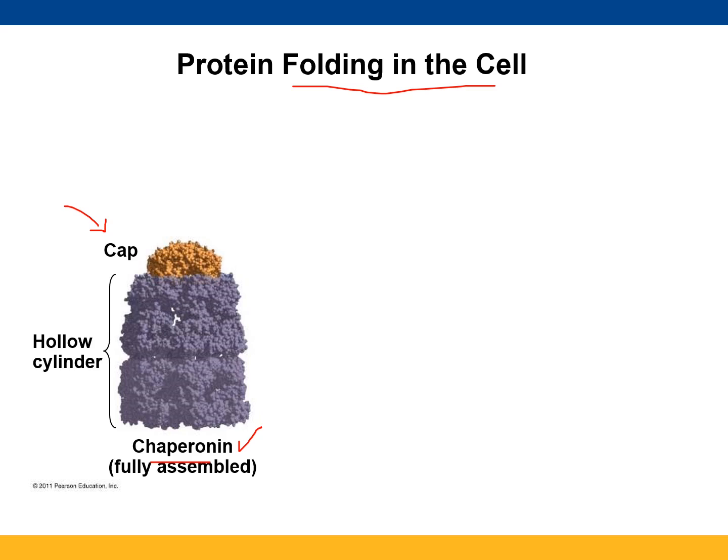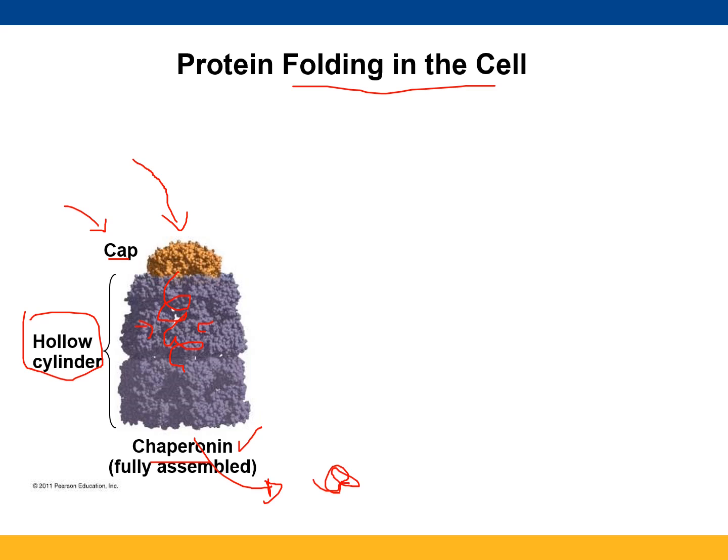They have a cap and they have this hollow cylinder. When you remove this cap, a protein goes inside, and here in the hollow cylinder, this protein is going to have a lot of chemical interactions,